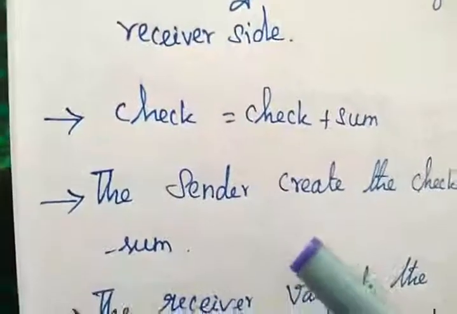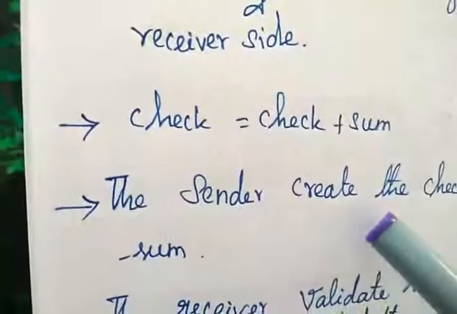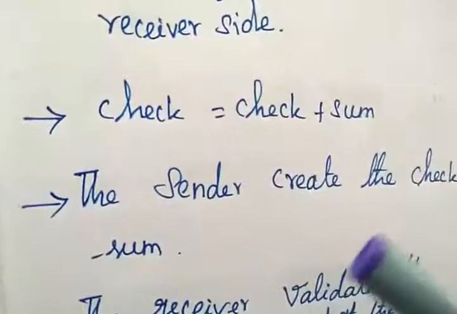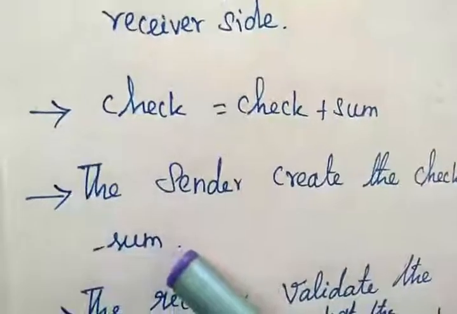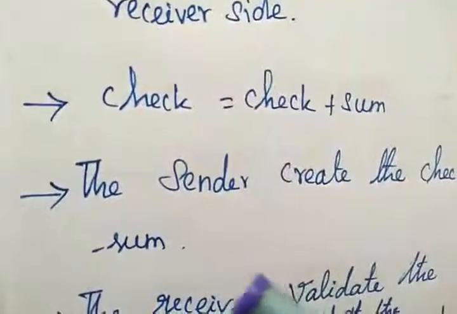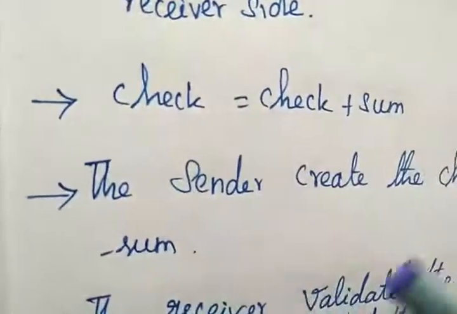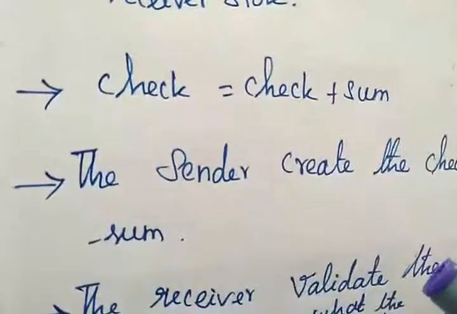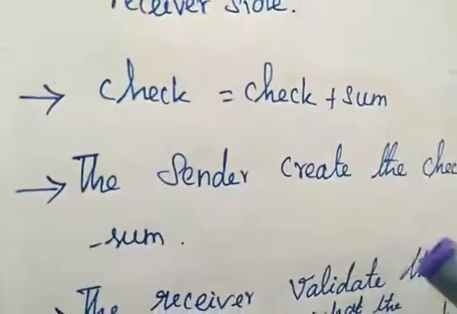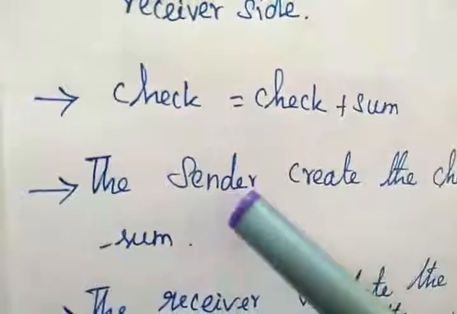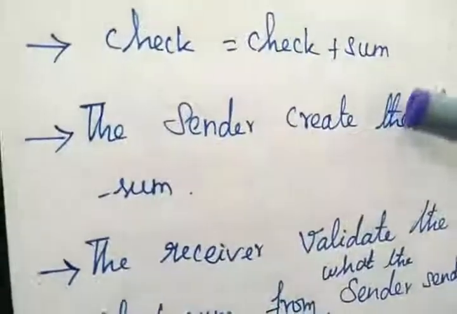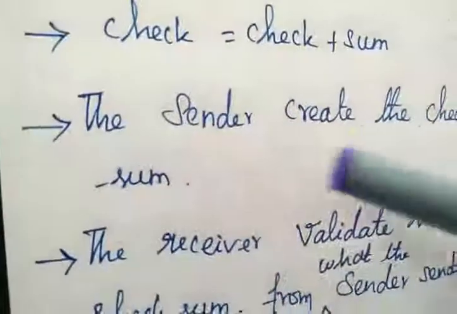What is this actually? These types of questions will be asked in competitive examinations: which one creates the checksum? The options may be: A, sender; B, receiver; C, both sender and receiver; D, none of these. So the answer is sender. Only the transmitter can create the checksum. While seeing the problem, you will understand clearly. Just keep it in your mind.